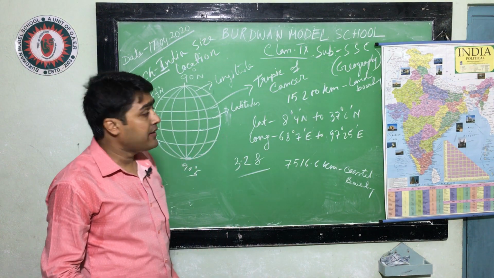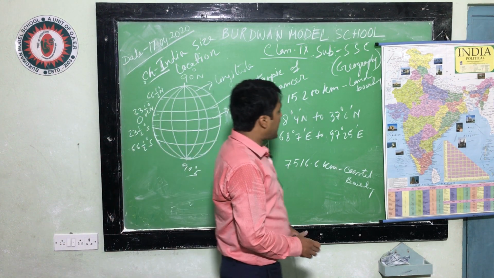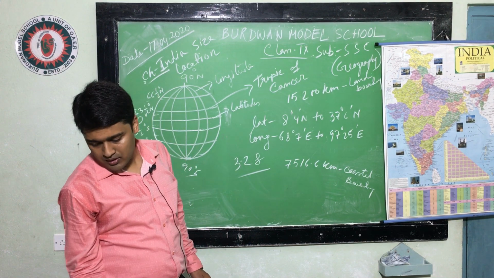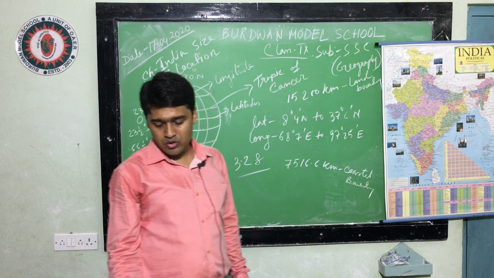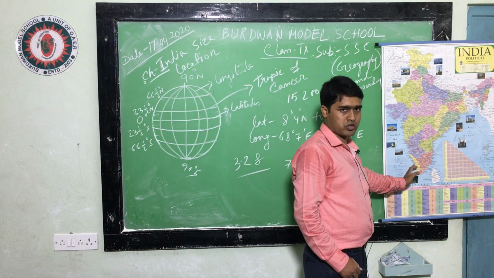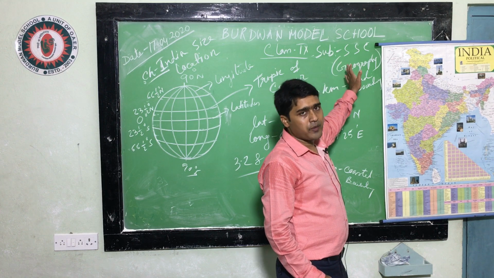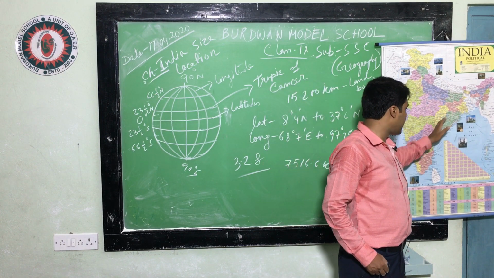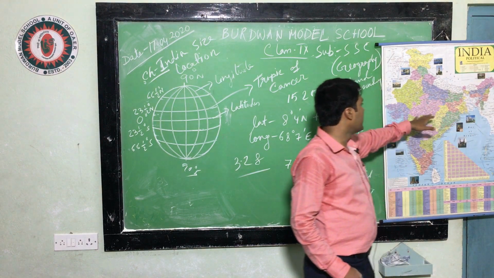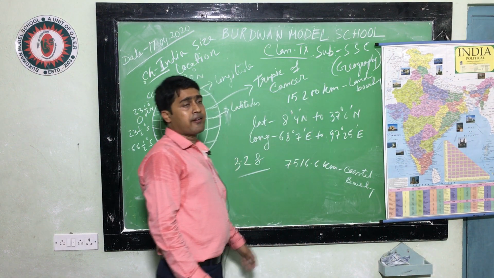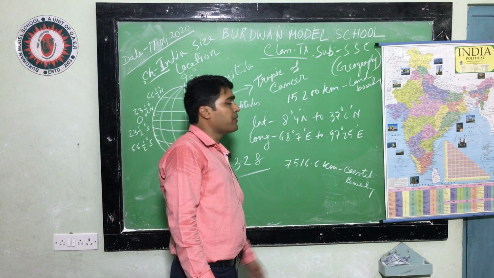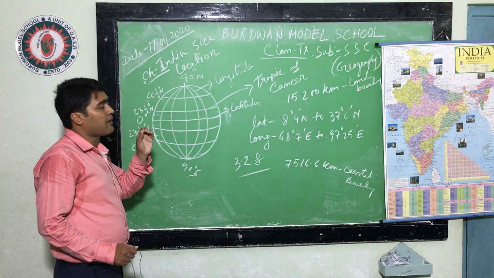Now we will discuss the advantage of India's location. If you see the world map, in your book, page number 4, you can understand that India can easily communicate through the western coast with Africa and European countries, and through the eastern coast there are so many ports. Through those ports, East Asian and Southeast Asian countries communicate with India, which helps for trading purposes. It is the advantage of India's location, as well as India having a long coastline.